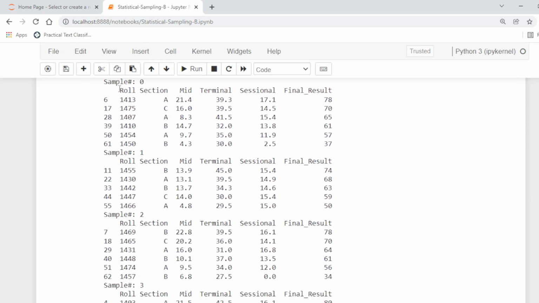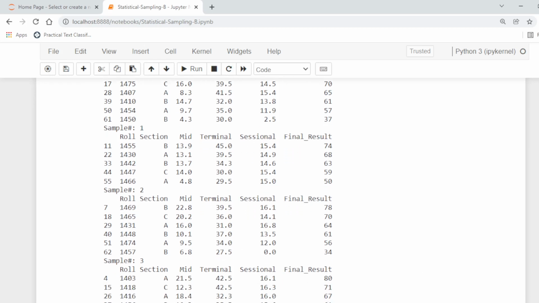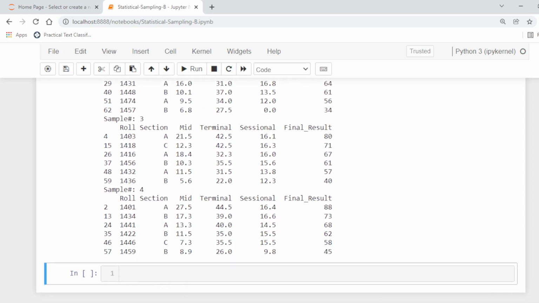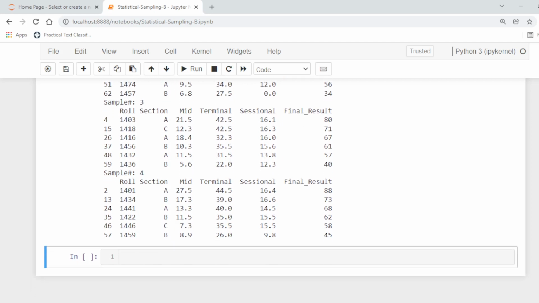This is the first sample, sample 0, in which there are 6 values, starting with 6. The second sample starts with 11, the third starts with 7, and there are 6 in each. In this way we can repeat the sampling like this to avoid the bias of periodicity.